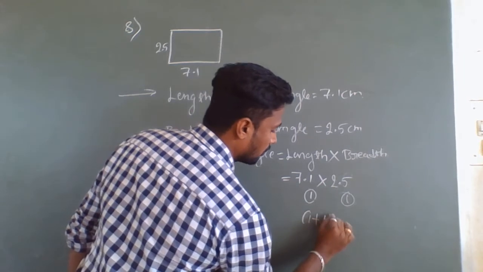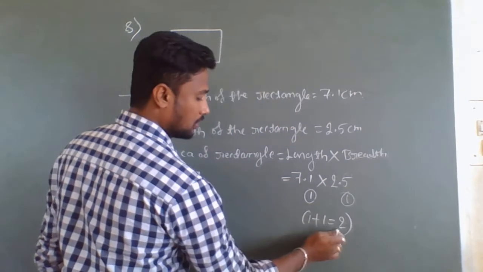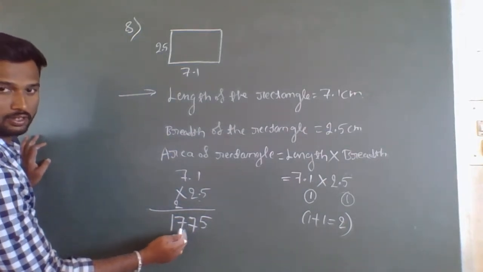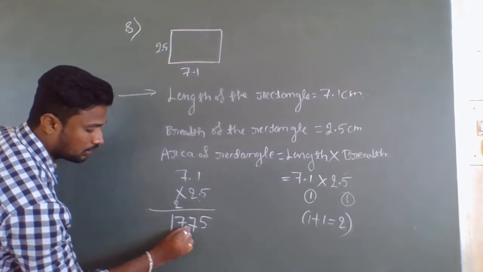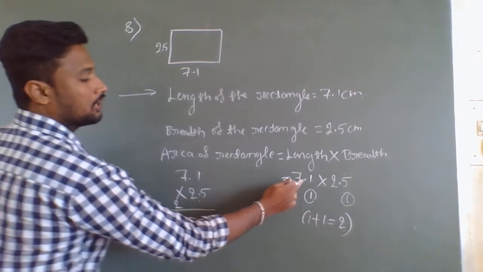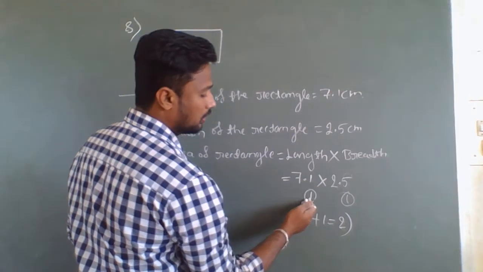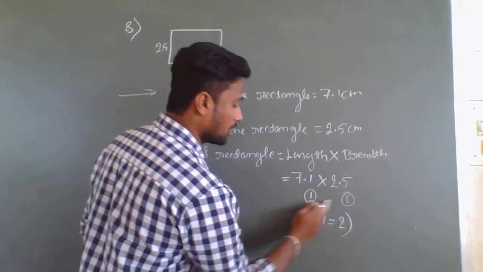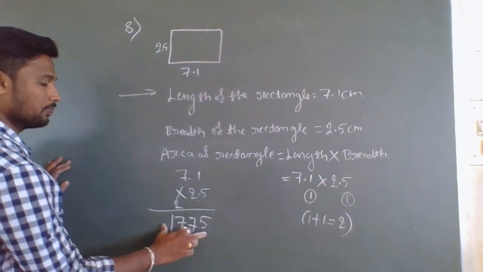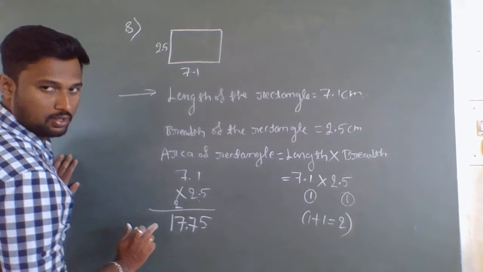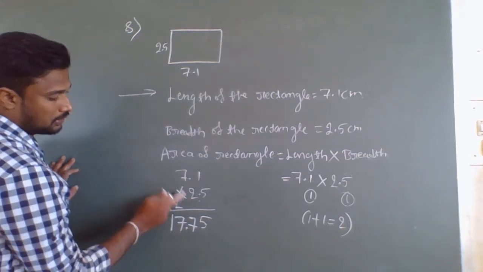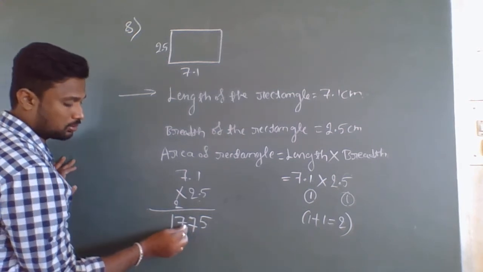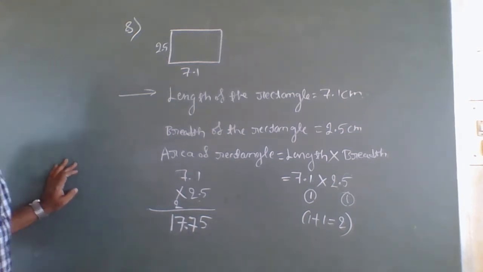1 plus 1 equals 2, which means after 2 digits we have to consider the decimal point. Why? Because after the decimal point only one digit is there here, and here also only one digit is there. So 1 plus 1 means 2. So here 71 into 25. When you get 71 into 25, after 2 digits you should place the decimal point. So the answer is